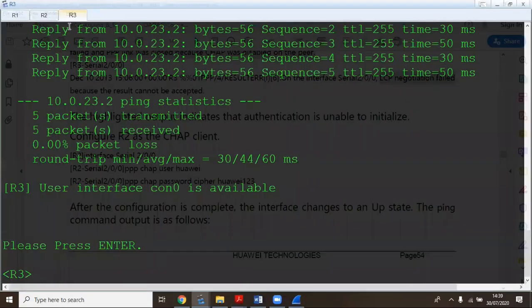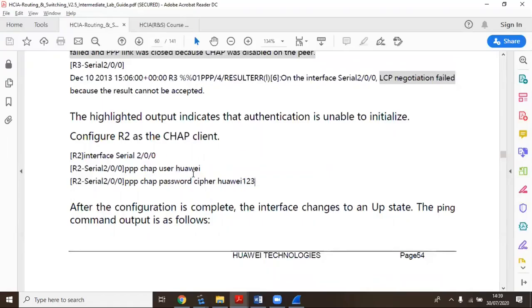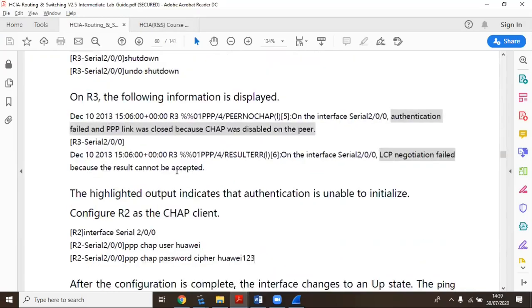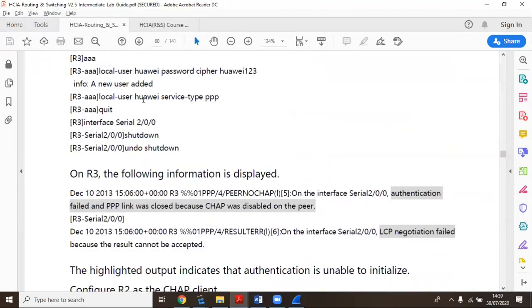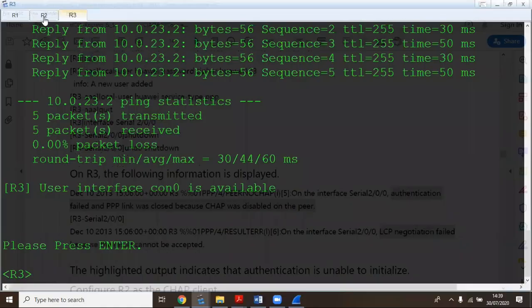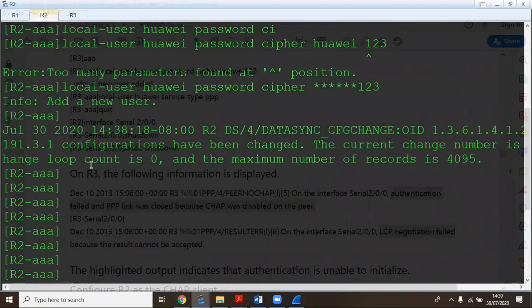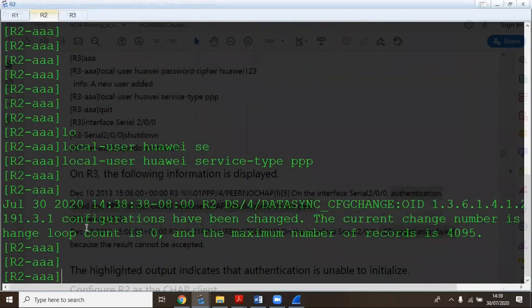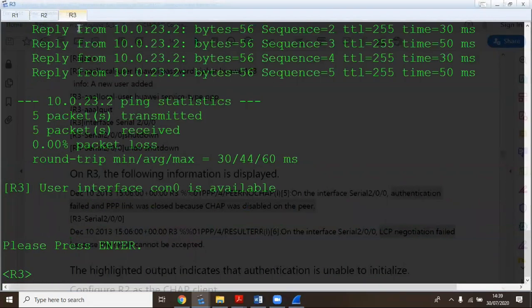So on R3, I think I've configured R2 as the authenticator. So I think I confused there. But let's go ahead and then configure this guy as the